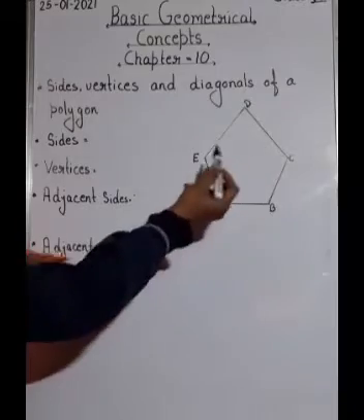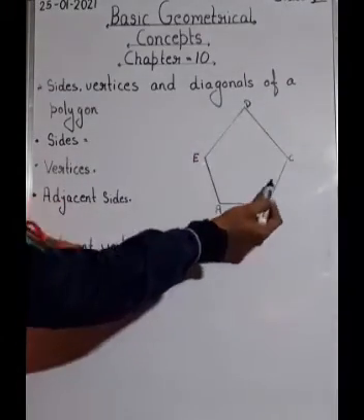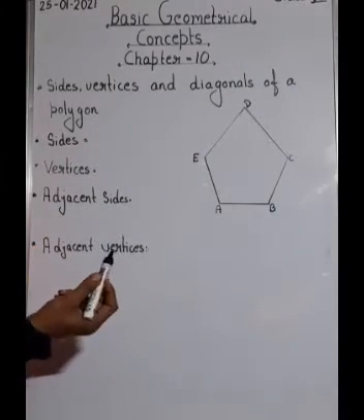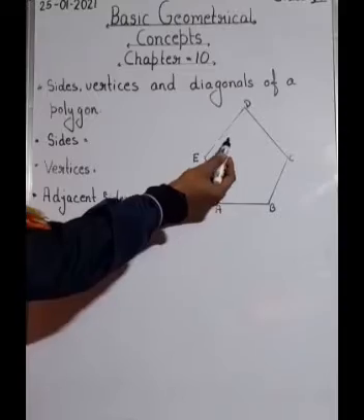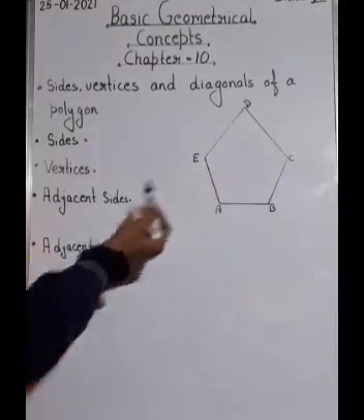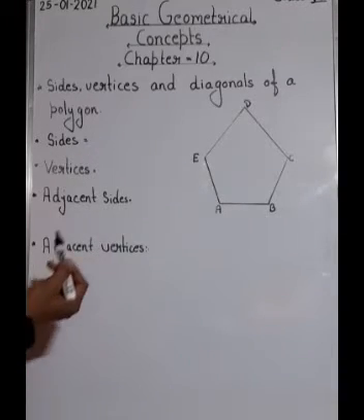I have drawn a polygon over here. As you can see that it is having 1, 2, 3, 4, 5 sides. So a 5-sided polygon is known as your pentagon. Okay? So this is a polygon. Why? Because it is a figure which is entirely made up of line segments. A closed figure entirely made up of line segments is known as your polygon.